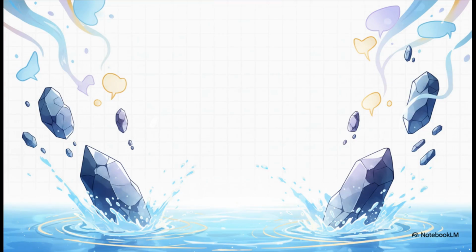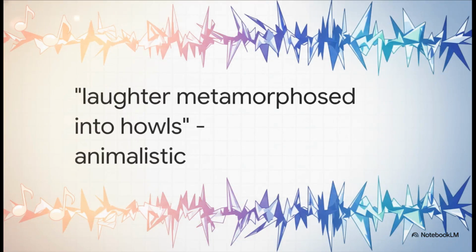is experiencing. The poet takes a physical object, a stone, and uses it to make an invisible emotional wound feel incredibly real. And looking at another amazing piece, Little Boy Crying. This metaphor is just stunning. Laughter metamorphosed into howls. It compresses a sudden, terrifying emotional shift into just 4 words. It takes the innocent, pure happiness of a child's laughter and contrasts it instantly with this animal-like wailing. We can vividly see and hear the victim's pain and the sheer suddenness of the punishment, all through one compact